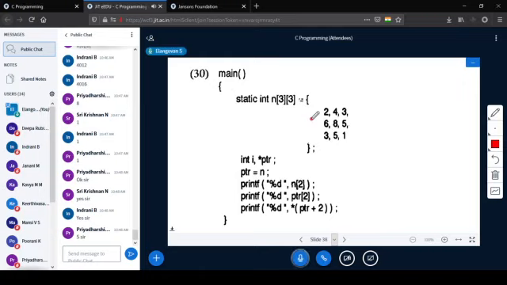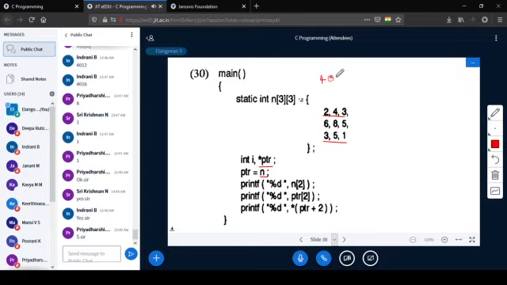A pointer with a two-dimensional array. So 2, 4, 3, the same values we have taken. So ptr is the pointer variable which stores some address. It stores the base address of the two-dimensional array, that is, the address of n[0][0] is stored. So let us take the same 404.